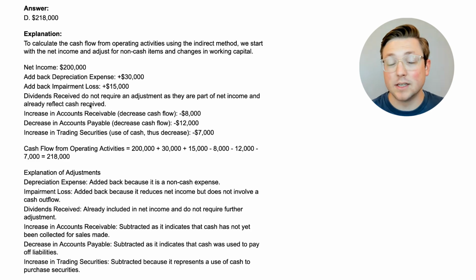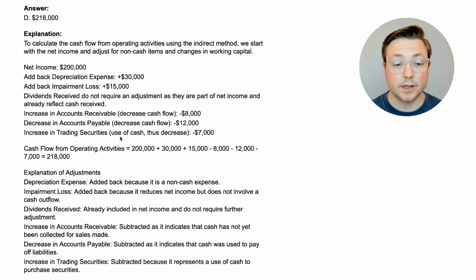But technically, it is a part of operating activities because you don't take these dividends received and recognize the cash flow in any other part. Now, as far as the increase in accounts receivable, that decreases the cash flow because you got income without actually getting paid. So you didn't actually get cash for that yet. And then the decrease in accounts payable means that you paid off your debt, which means, again, you used cash to pay that off. So that's $12,000 less there.